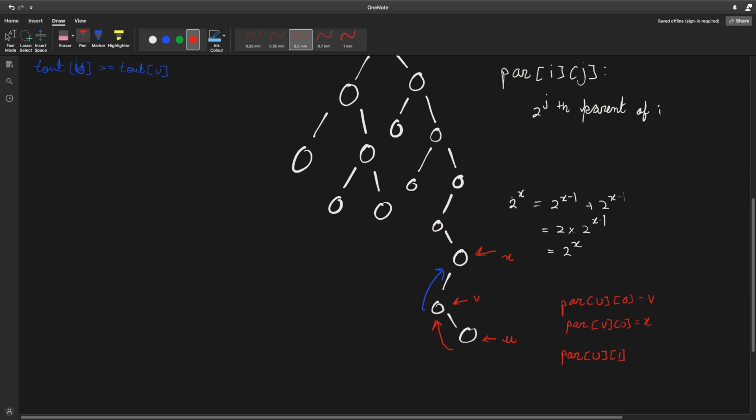As we saw here that 2 to the power x can be written in this way, we can also write this in that form. Since we know these two values, we can basically write